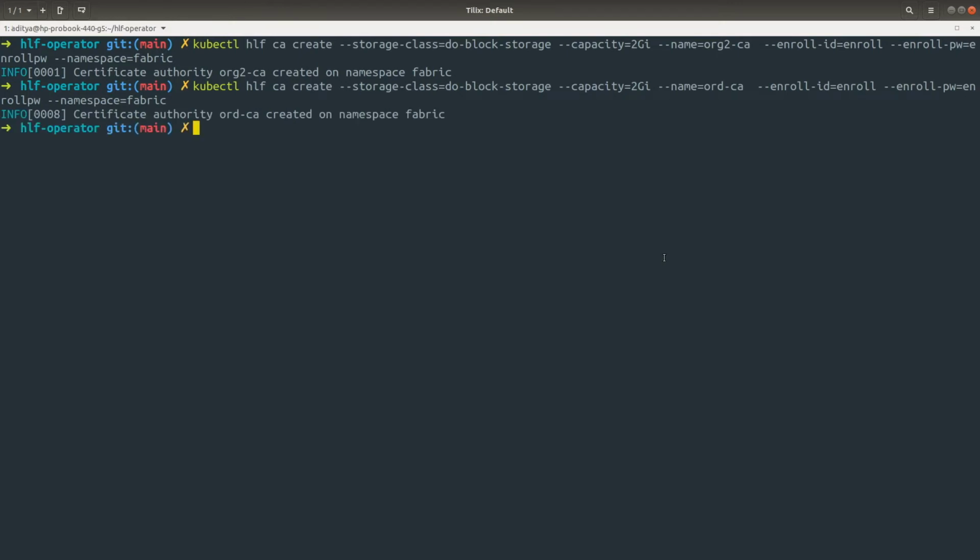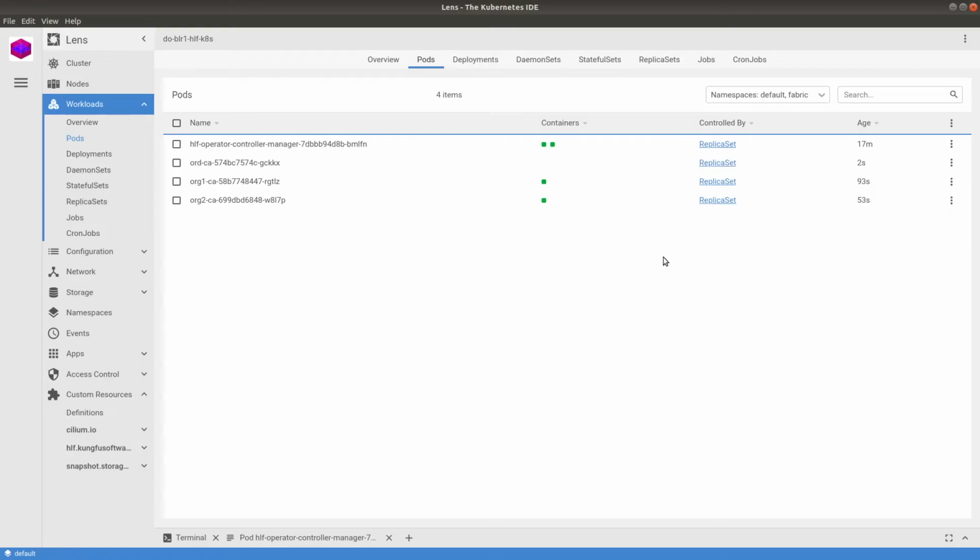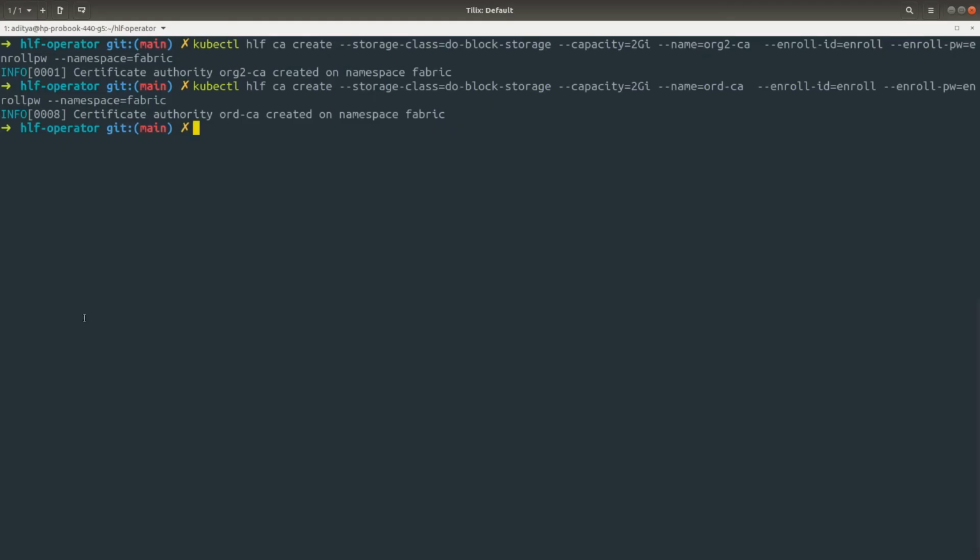Yeah, so this also got created. We can go to the Lens IDE just to see if the CAs are up and running or not. So we can see that 2 of the CAs are up, but the third CA is still in creation phase. We also have one command which is going to give us all the CAs that are available in our system. So we can just run this command,